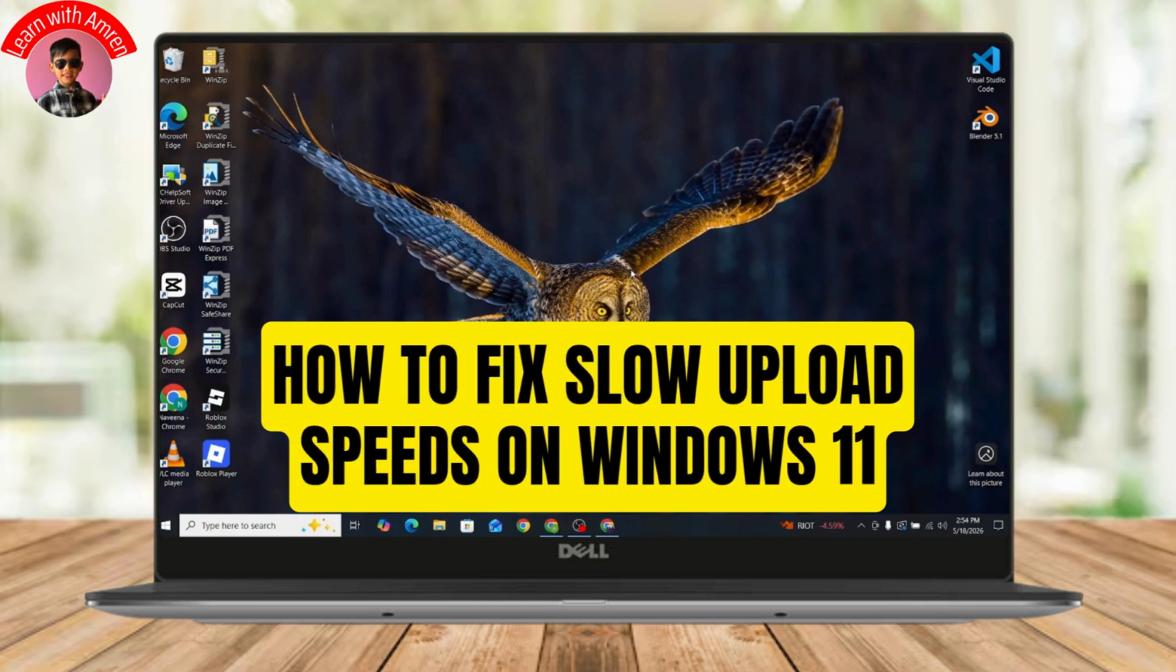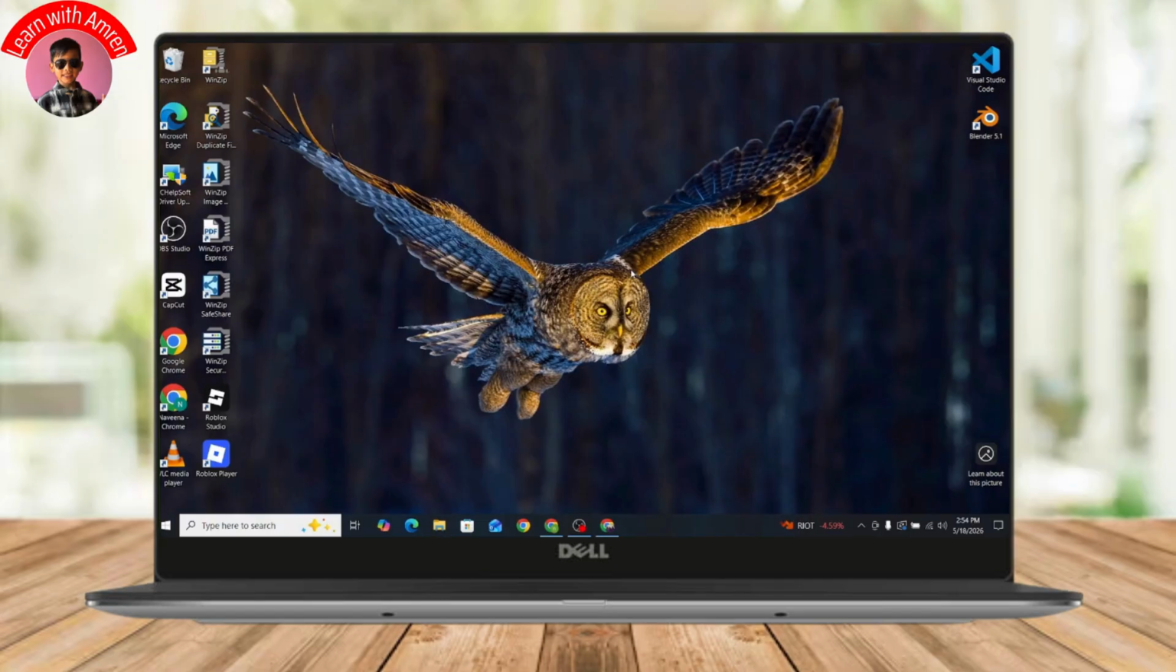How to fix slow upload speed on Windows 11. So if you want to fix your slow upload speed on your Windows 11, then what you need to do